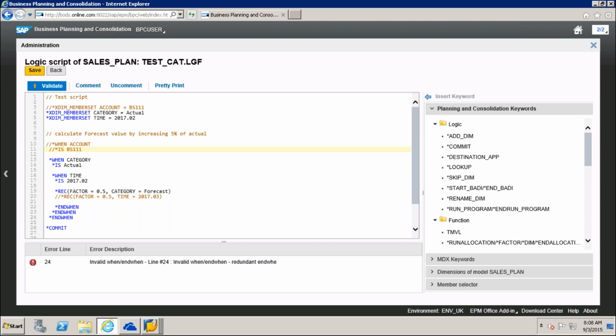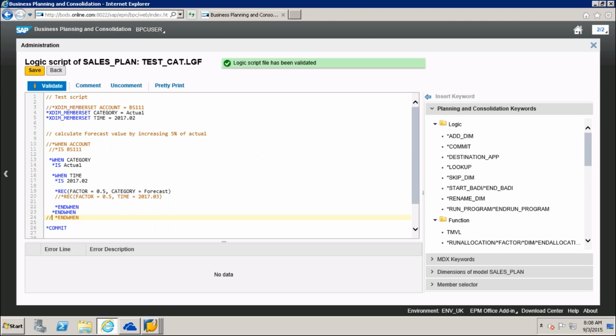Validate. It is validated. Save. It will work for all accounts, whatever actuals you have for the 2017-02 month.